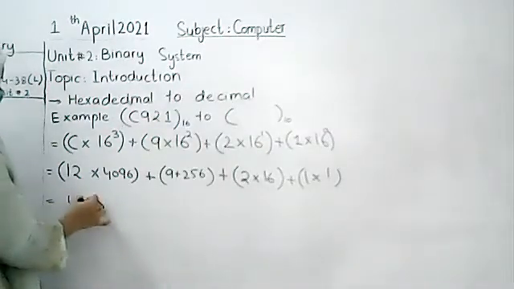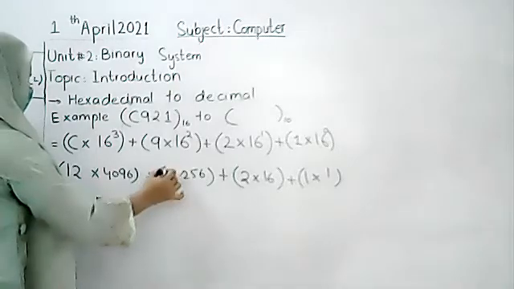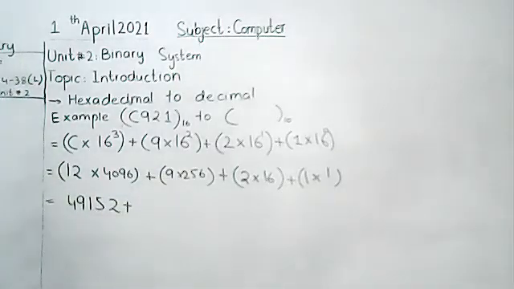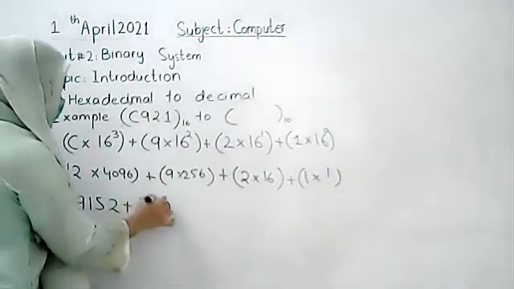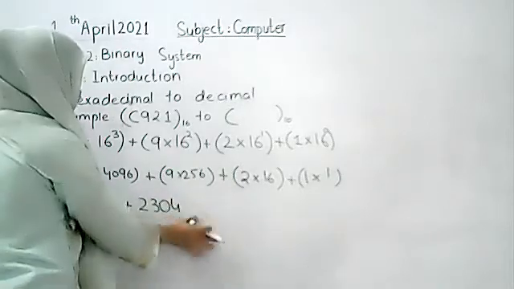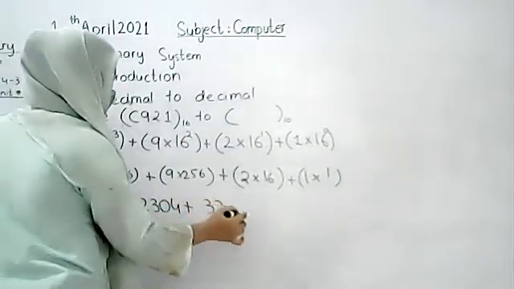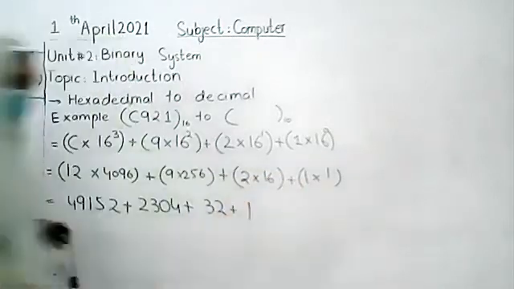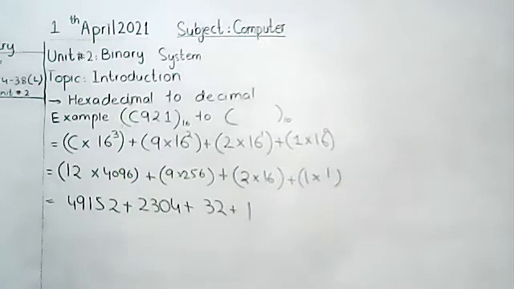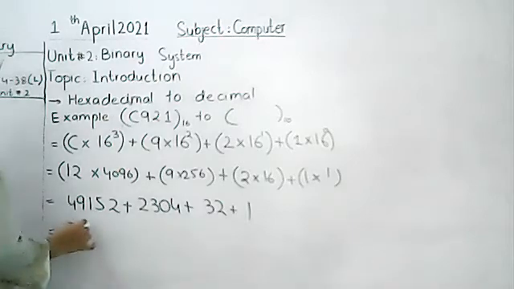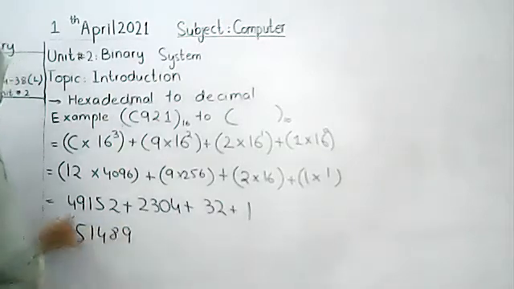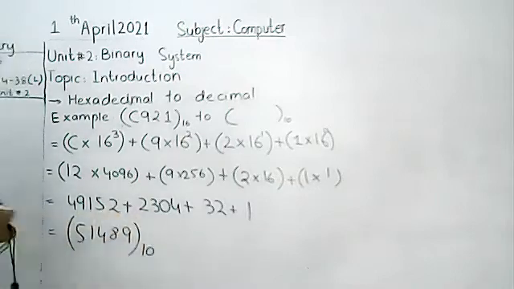इन दोनों को मल्टीप्लाई करके ये आंसर आएगा. 256 को अगर हम 9 के साथ मल्टीप्लाई करेंगे तो आंसर आएगा 2304. 16 twos are 32 and 1 multiply 1 will be the 1. ठीक है, तो अब हमने इन सारे नंबर्स को प्लस कर देना है. तो इनको प्लस करके हमारे पास आंसर आएगा 51489. 51489 और इसकी बेस होगी 10. ओके,